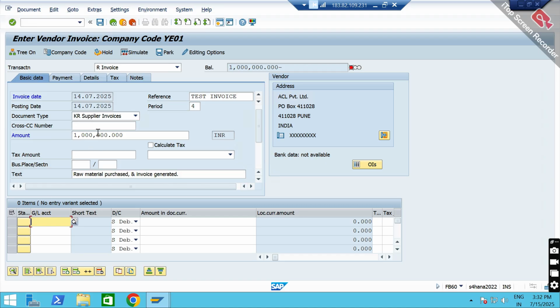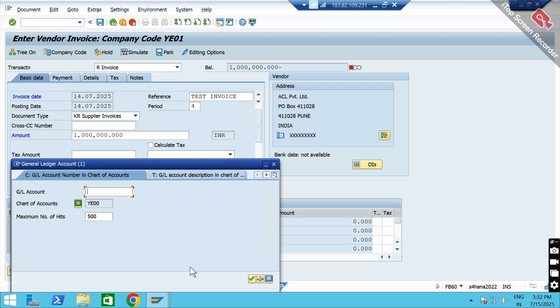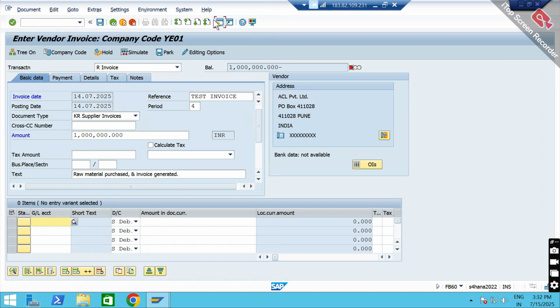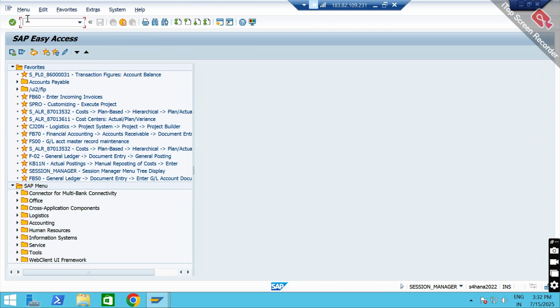So in the first column we have to enter the GL account. Now the vendor account we have already taken. So here which GL account will we consider? We will enter a raw material account, because we are purchasing raw material. So raw material account or inventory account or purchase of raw material account, that we can enter. Okay, we don't have the raw material account here. We'll just quickly create this, open another screen